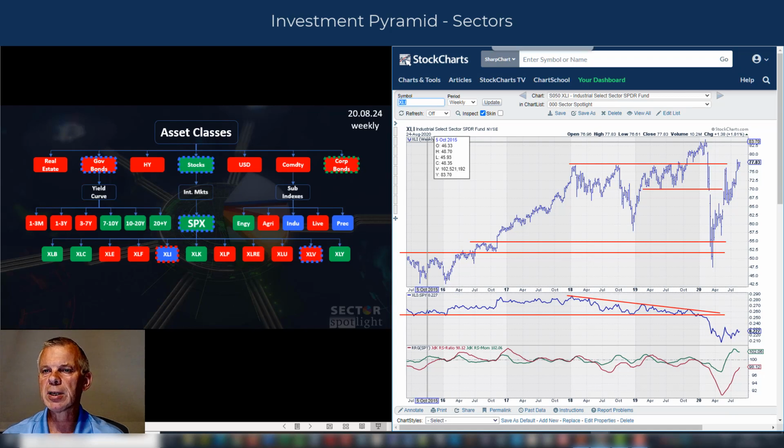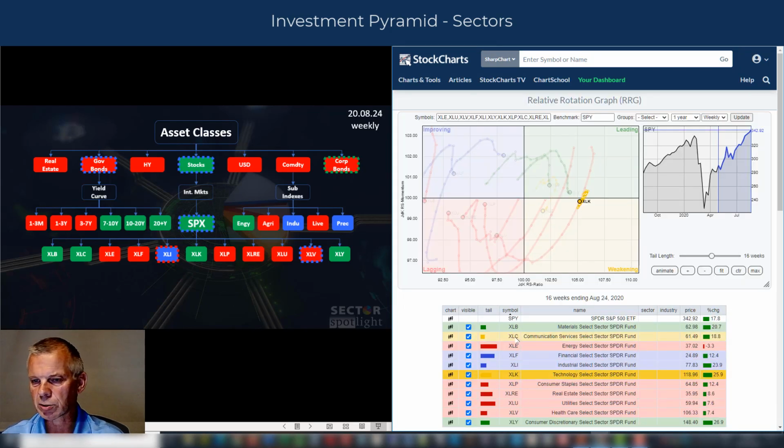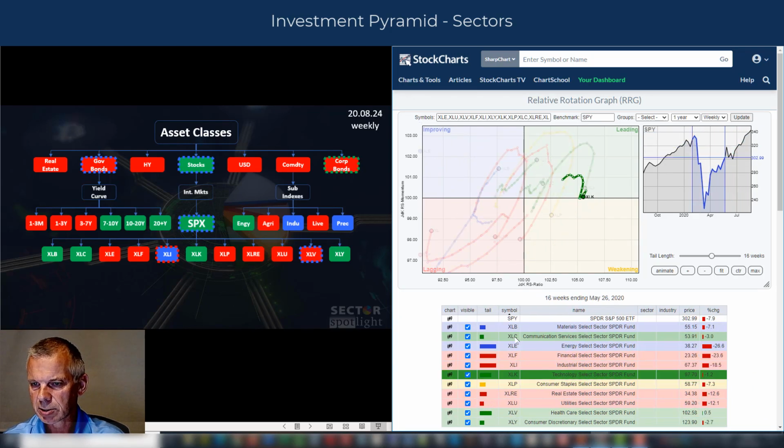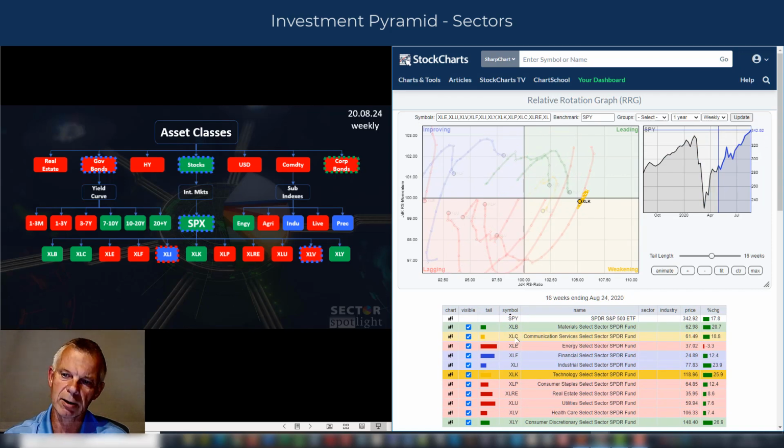And then we have the technology sector, still far to the right. Look at that rotation. It's almost stationary. You see it there over the last 10, 15 weeks, stays there, highest RS ratio, highest ranking sector, still all good for that sector. We're going to have a look a little bit more in depth on that sector later on. Let's quickly move on to